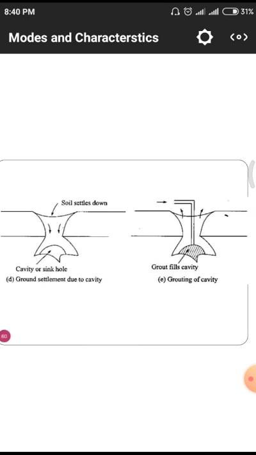Here also we have to observe some soil settles down due to the action of this flow of matter and less quantities of bonding phenomena. Due to that, soil settles down and a gravity sinkhole takes place. We are simply treating those contents with the help of these grout fillings in the cavities.